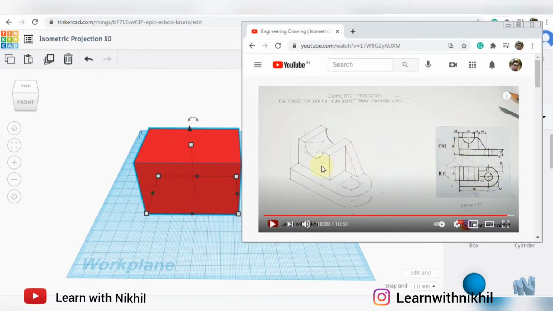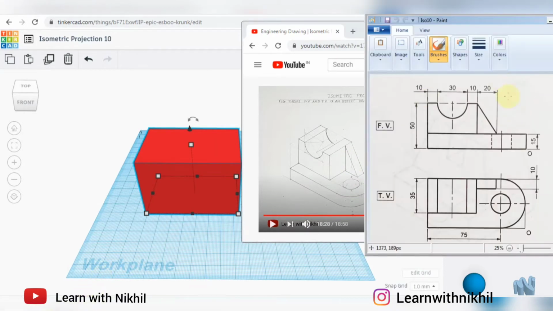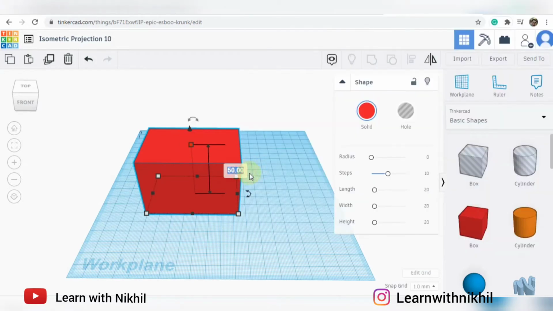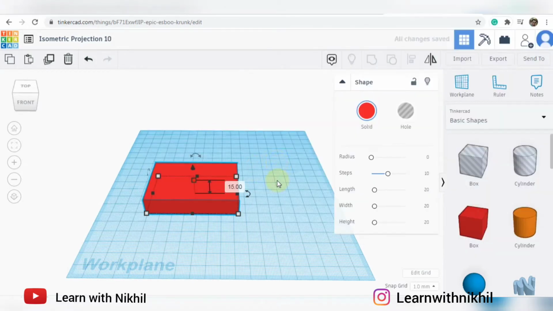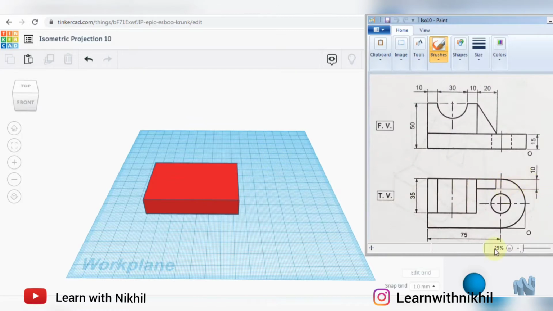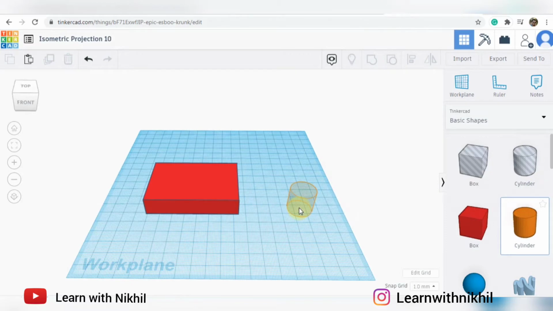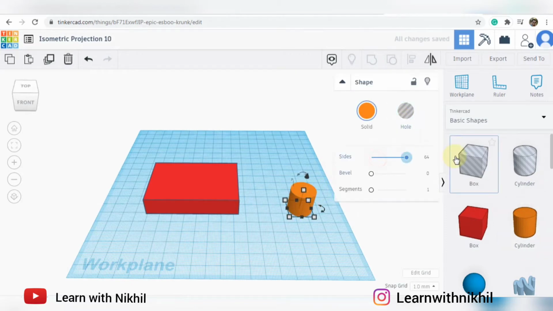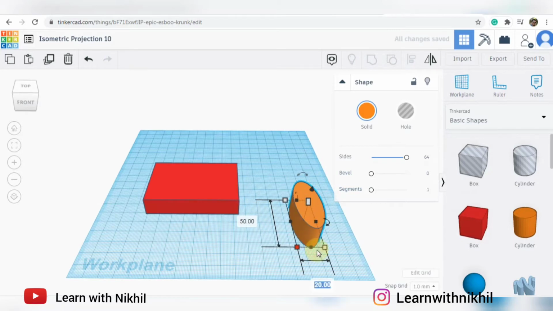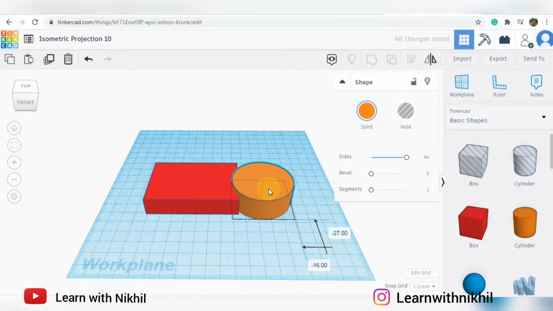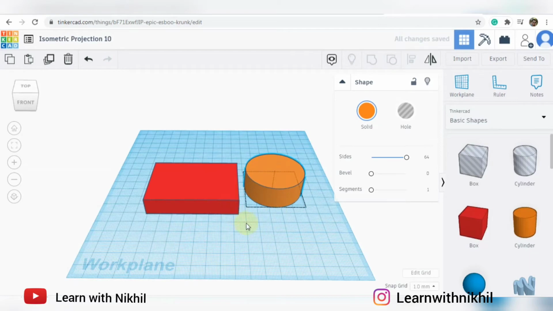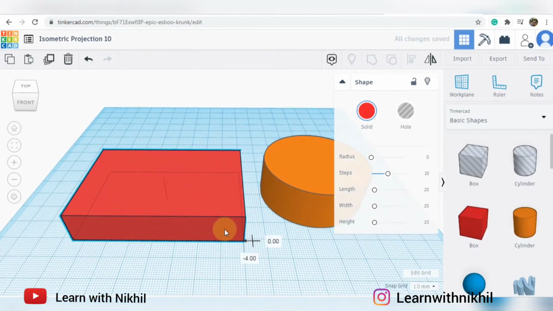Now I'll just decrease the total height, as I'll draw the bottom first, that is height of 15. So I'll reduce this to the height of 15. Then I'll construct the other things on top of it. In front of this block we have a semicircle. So we'll take a cylinder, we'll make all its sides smooth. Then according to the diameter, which is 50, I've increased the circle.